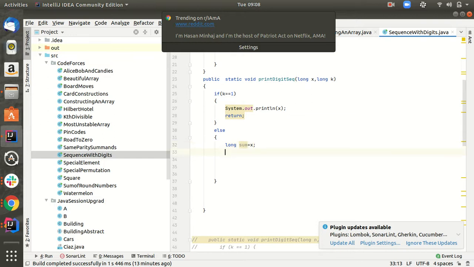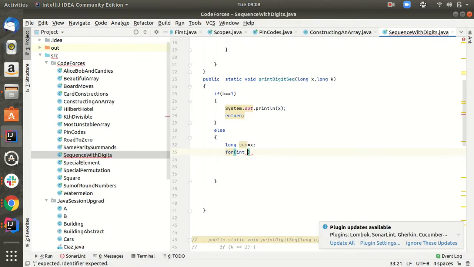I'll be using iteration for this: for int i equal to 2, i less than or equal to k, i plus plus.